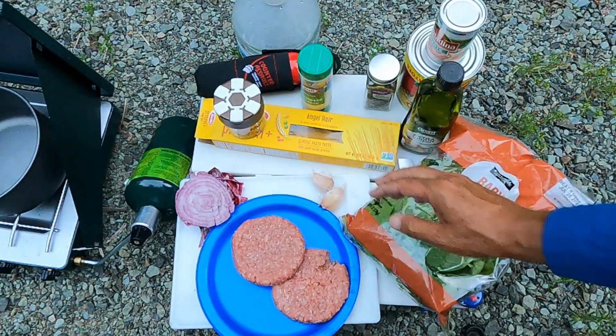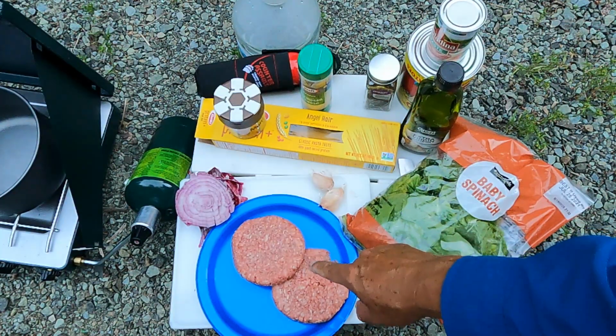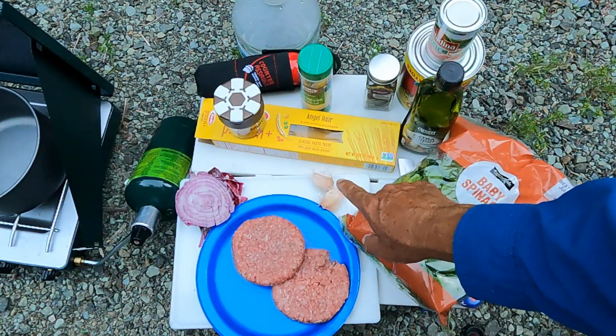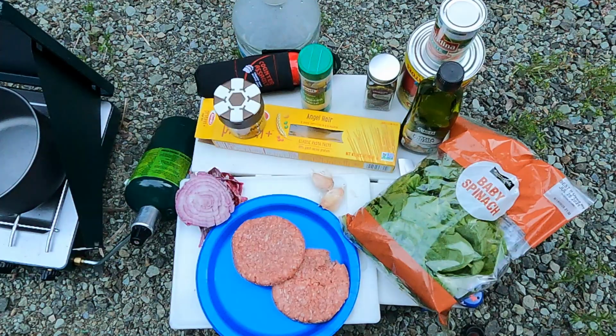I have angel hair pasta, because when you're camping, you want pastas that cook fast. And angel hair pasta, basically spaghetti, is very thin, so it cooks very fast. I have just over a half a pound of hamburger here. I have 2 garlic cloves. I have a red onion that actually just starred. Maybe you recognize it. It just starred in our video on how to make meatloaf burgers. Oh, they're so tasty. I have water to cook the spaghetti in, and I have bear spray,